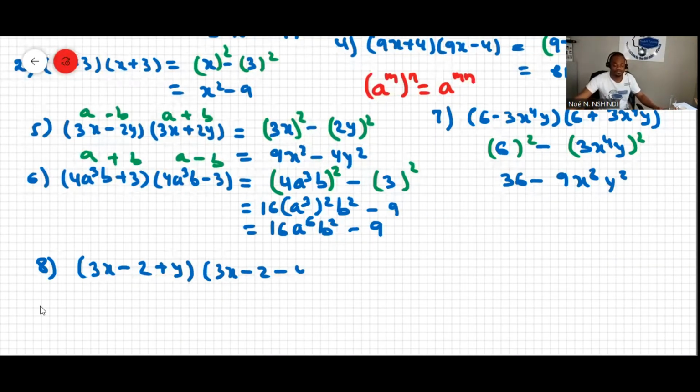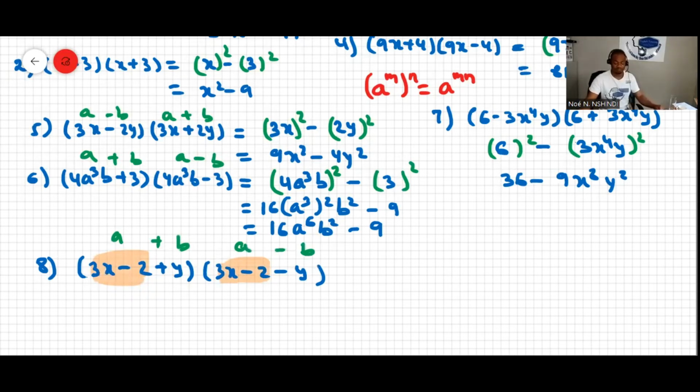Now over here, you'll see that we have 3 terms. Now these 3 terms can be shortened to 2 terms. How? I can say this whole thing here is my A, okay? And then it's A plus B and A minus B here,